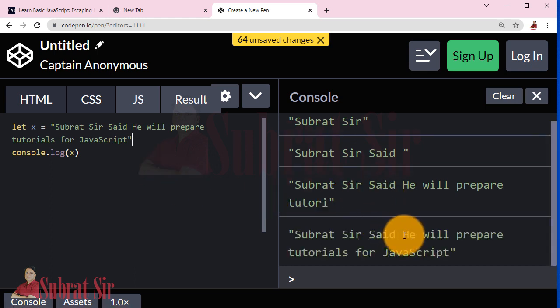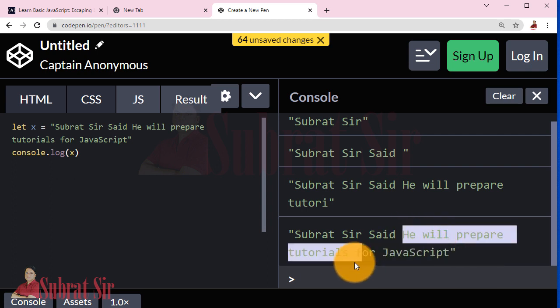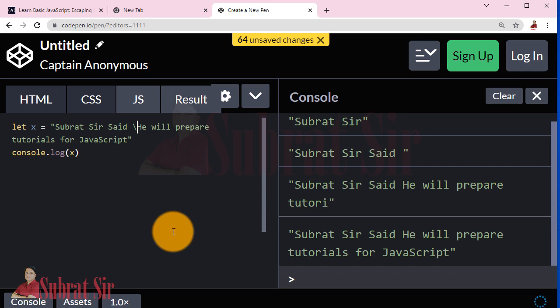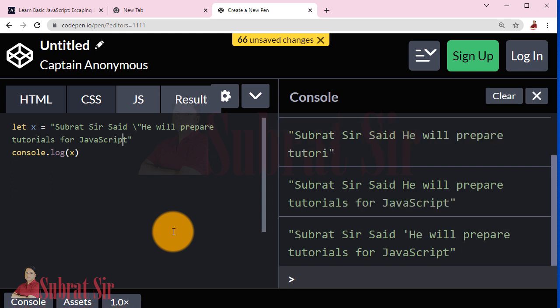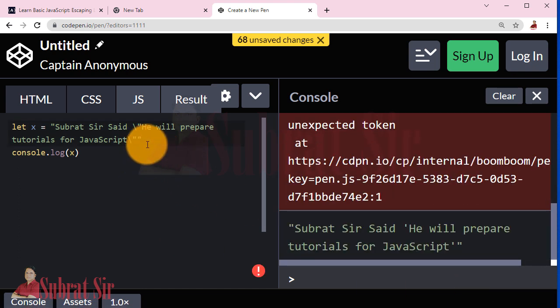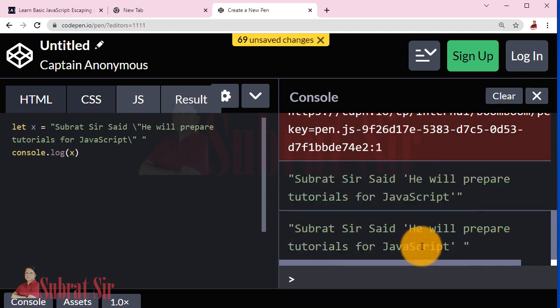Subrat sir said, here a double quote should be there: he will prepare tutorials for JavaScript. So we will use a backslash, then double quotes. He will prepare tutorials for JavaScript, and again backslash double quotes. So see, Subrat sir said he will prepare tutorials for JavaScript.